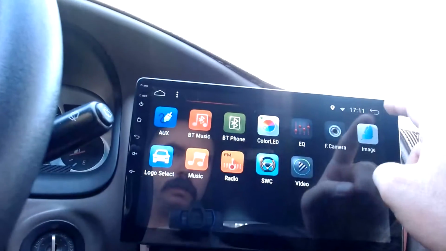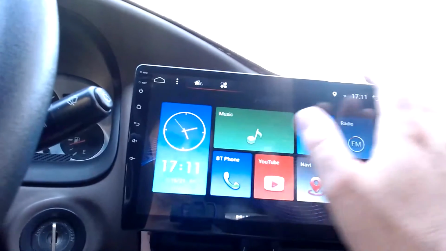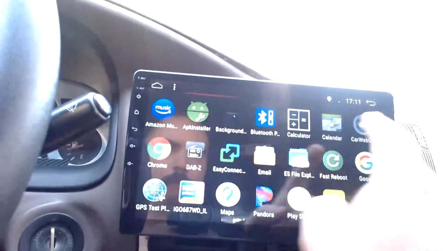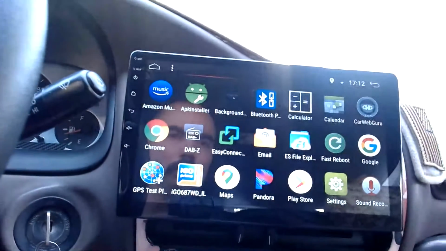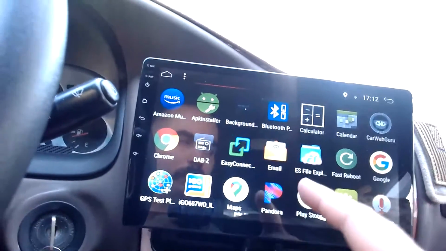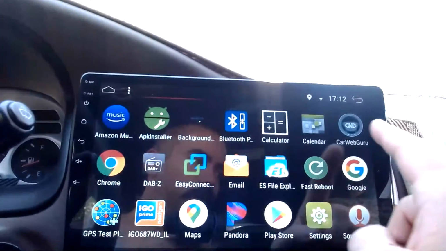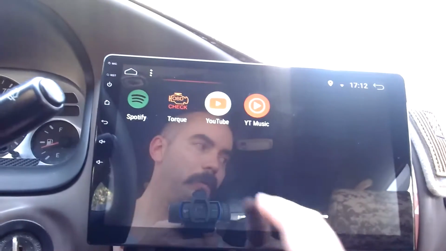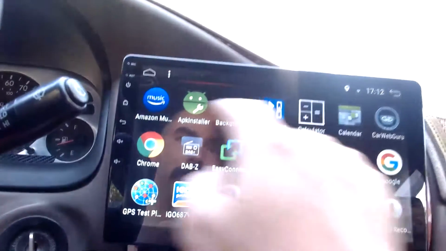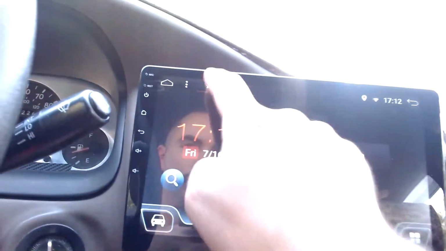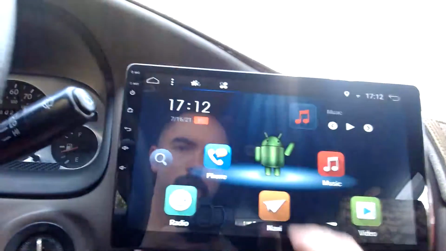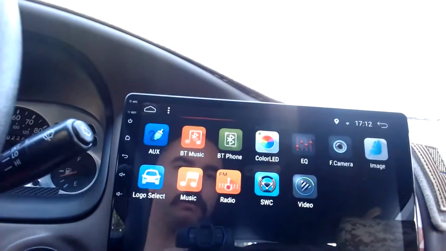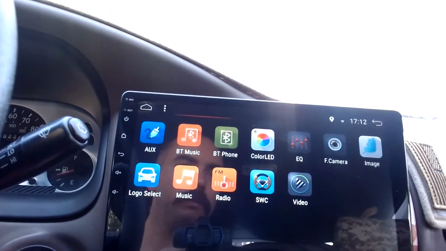So this device comes with about 3 or 4 different launchers that you can use. But what you find is, if you're using your own launcher or any of the other launchers that come with this device, you'll notice that Bluetooth music is nowhere to be found. So you have to go to this launcher and this particular app tray if you want to access that app and run Bluetooth music in the